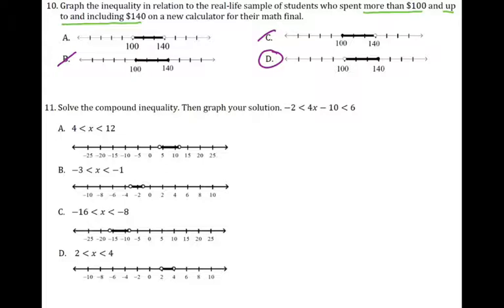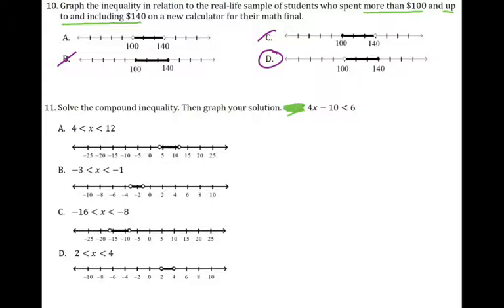Number 11, solve the compound inequality and then graph your solution. So sometimes compound inequalities can seem a little overwhelming because you're looking at two inequalities at once. Now, when I try to figure out what I'm going to do to solve, what I like to do is just get rid of one side. And as I get rid of that one side, I can use the operations that I'm going to use to solve for x on all three portions of my inequality. And sometimes covering up one piece helps my brain process